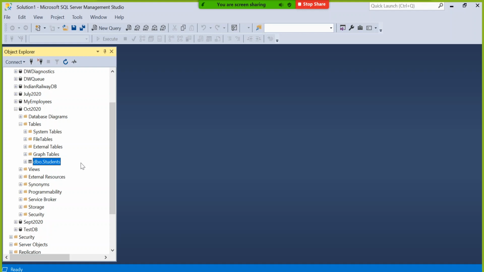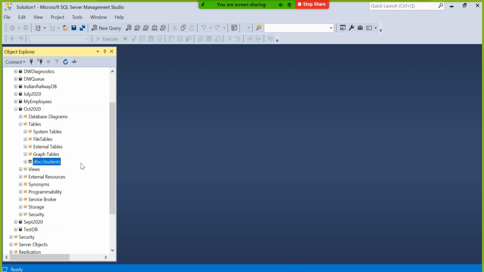If somebody doesn't want to store in the default schema and wants to create their own schema, you can either rename it, or you can create it separately. You can say create schema name, and then use whatever the schema name is, then you create the table. So going forward, when we learn coding, you will know how to create a database, how to create a table, how to create a schema with the help of coding.